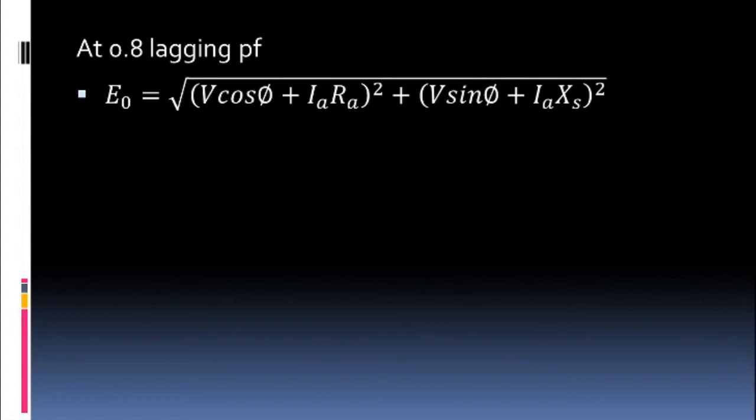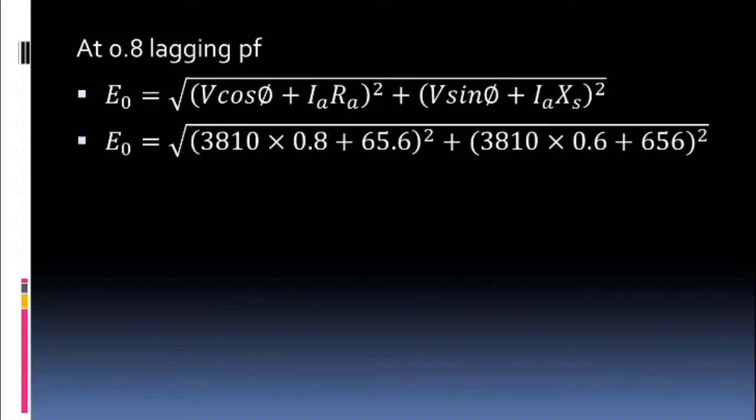So again we will substitute now cos phi. Cos phi is given as 0.8. So you will take the cos inverse of 0.8 and get the angle, and then you can take its sine to get the value of sin phi. Anyway, as electrical engineering students and as third year students, you should remember that if cos phi is 0.8 then its sin phi is 0.6. So you can directly use it, but if you don't know, then calculate. So put the values of IaRa and IaXs. Cos phi is 0.8, sin phi is 0.6, V is the per phase value you already calculated. Just substitute all the values and get the value of EMF induced.